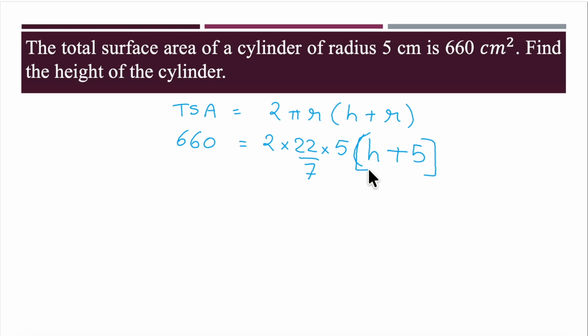So this becomes your question of solving a simple equation. You have variable h instead of x. You know how to transpose the numbers. Consider this as a bracket, the entire bracket as a variable. h plus 5 is your variable. So anything multiplied by a variable will transpose to